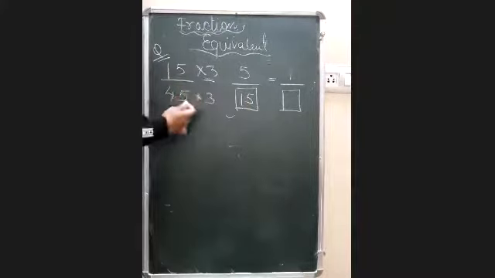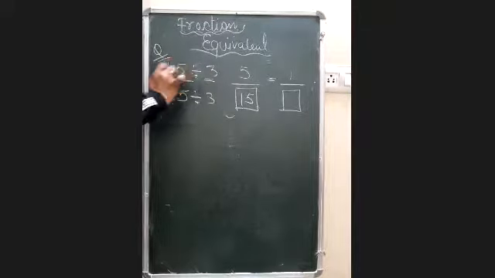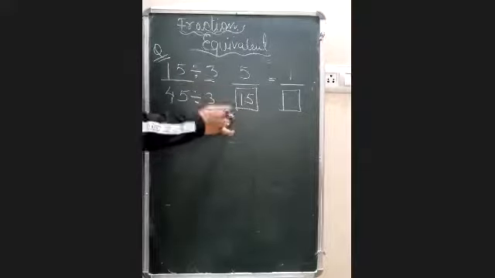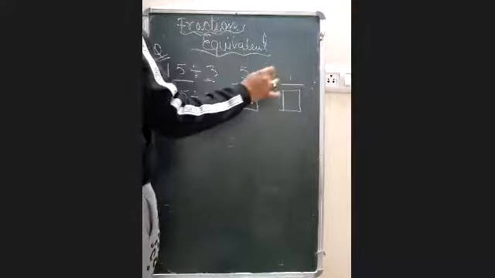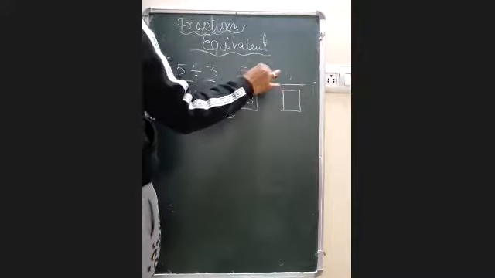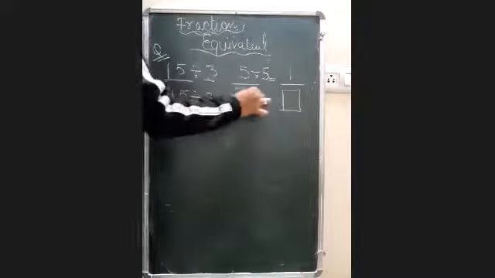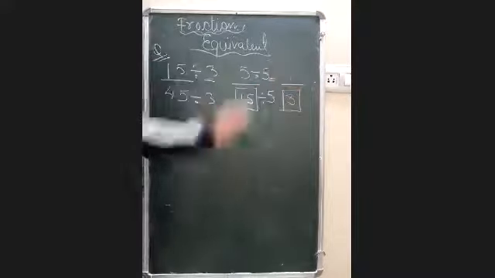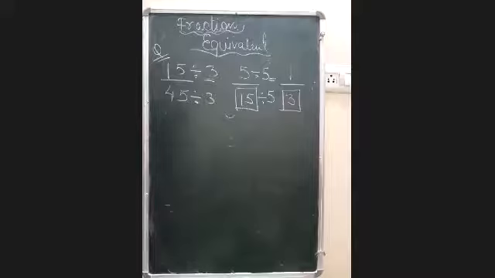Either you can do it like this, going backwards from here, or you can go into division, that you can divide it by these two numbers. 15 divided by 3 you will get 5, 45 divided by 3 you will get 15. The same way, it is giving you 1, it means 5 divided by 5 you get 1. So same thing, 15 divided by 5 you will get 3. So in the first option you will get 15 and in the other option you will get only 3. Very correct, beta.